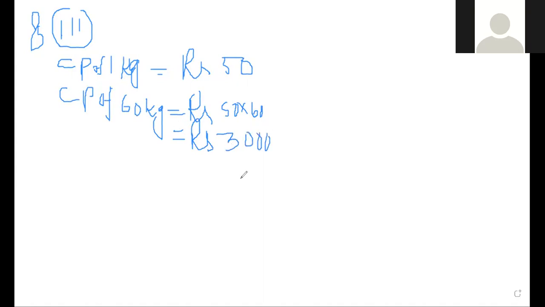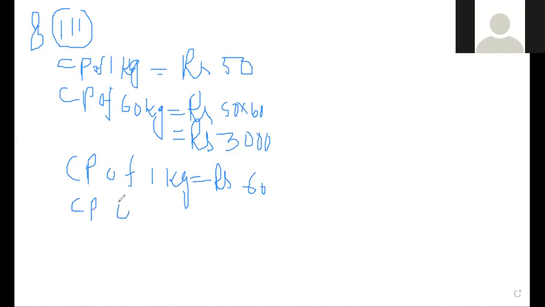Then next look there. Next rice, how many kg? 40 kg of rice at rupees 60, right? CP of 1 kg, what is given there? 60 per kg, sir. Rupees 60, right? Yes, sir. And how many kg were bought?